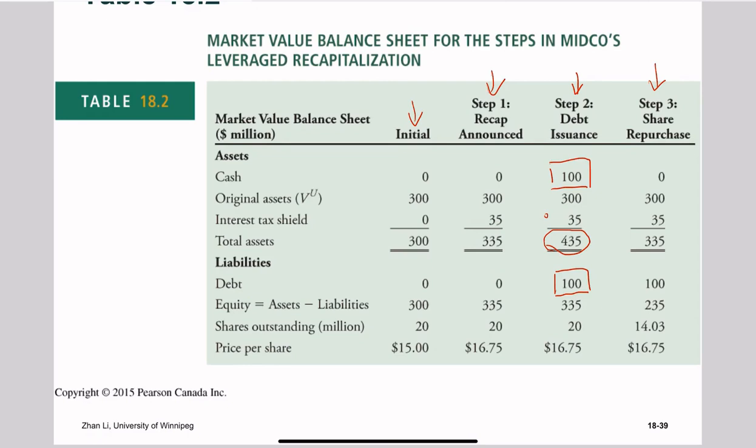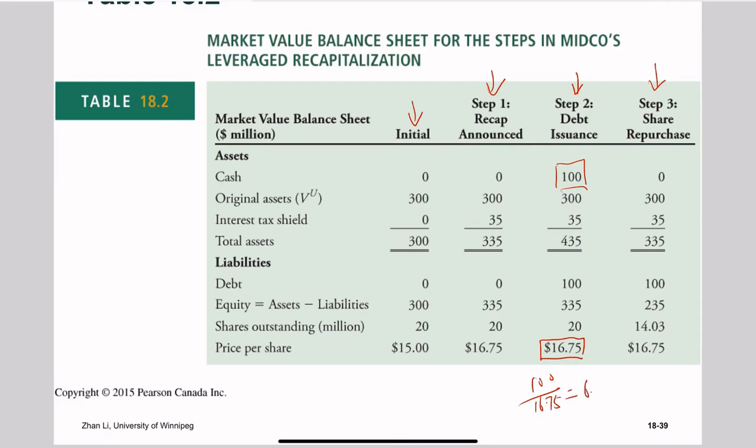Next, the final step, the firm will actually do this share repurchase. So what will happen here is the firm will spend this $100 million to repurchase shares. At what price? Well, at this price. So the number of shares repurchased by the firm is given by 100 divided by the share price, which is given by